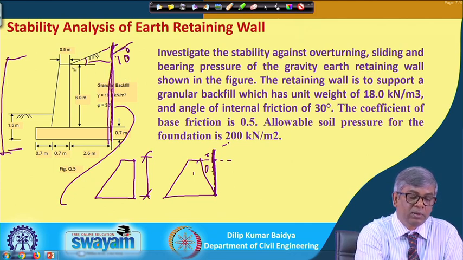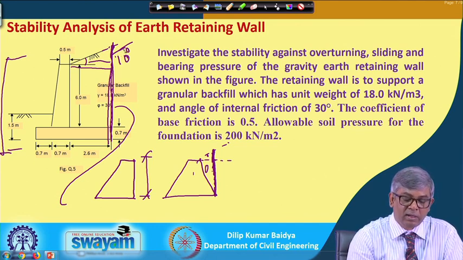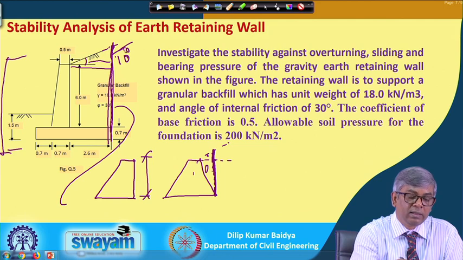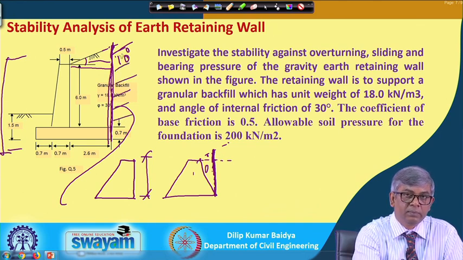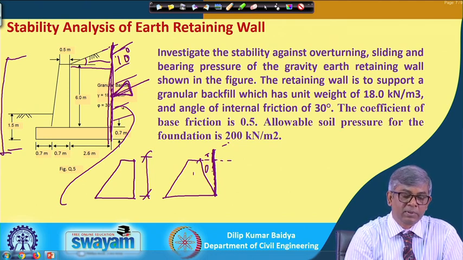Since this angle is known and this length is known, I can find this height by the tan formula. After getting this height, I imagine this as a wall and find the earth pressure first. When I find the earth pressure, I have to imagine that the earth pressure is inclined, parallel to this surface, so the thrust will be something like this. For calculating this, again I have to follow a step by step procedure, and I will try to show you the detailed calculation.